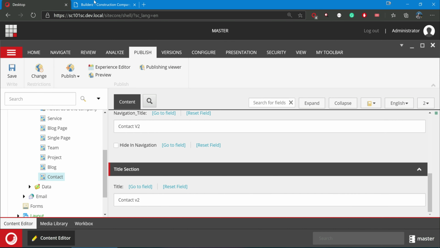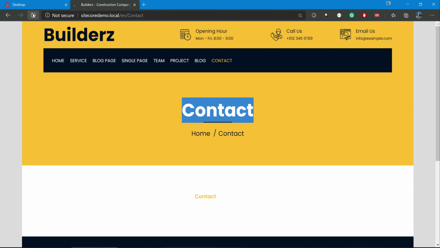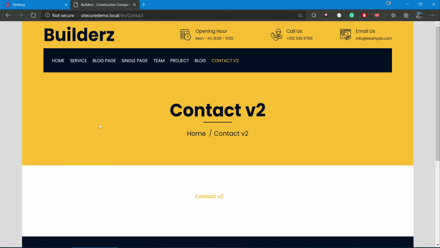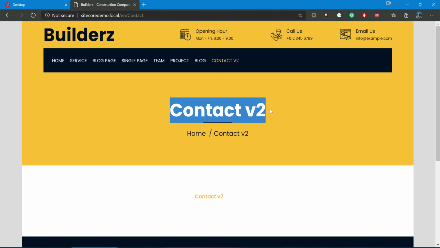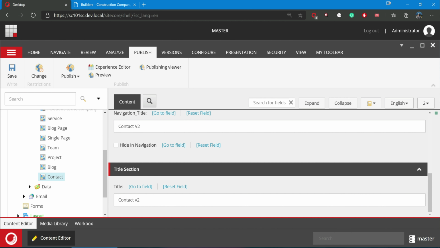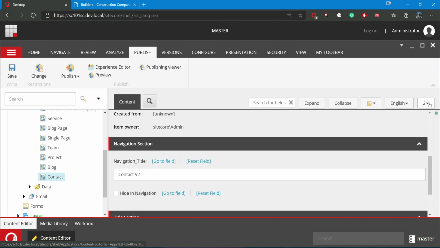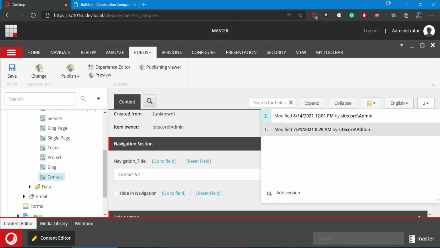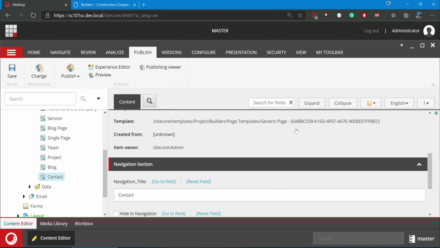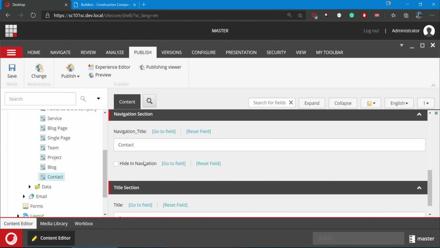Okay, close, go here. You can notice that contact v2 is coming, where the data is changed. But you can also notice this is the second version. If you want to see the previous version, you can just collapse it, expand it, and click on one, and you see contact and contact.